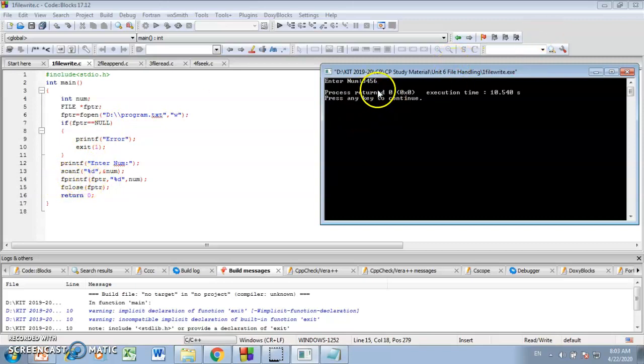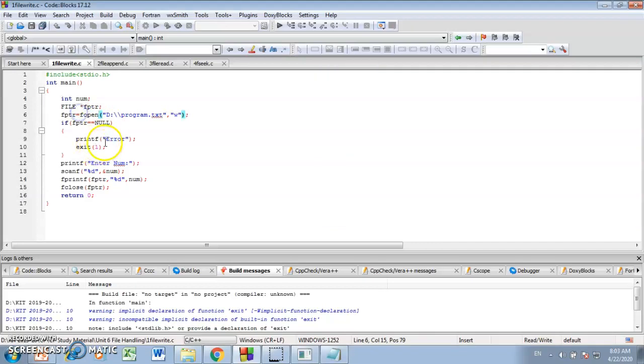When all these operations are finished, I need to close the file. The first operation in file handling is fopen, that is, I need to open the file. Then whatever processing I want to do, I do it here, print the result, and the final step is to close the file, right?